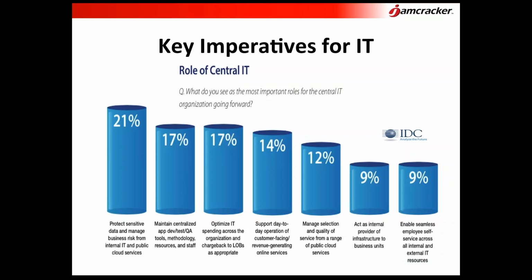Now, one of the interesting things as you look through this is, yeah, okay, these are the kinds of things that different IT best practices, ITIL as an example, have talked about for years: improving service delivery flexibility, chargeback models, the whole notion of IT organizations acting as a service provider to their internal customers, the business units. But what's interesting, and in my mind probably the most impactful thing about cloud adoption,